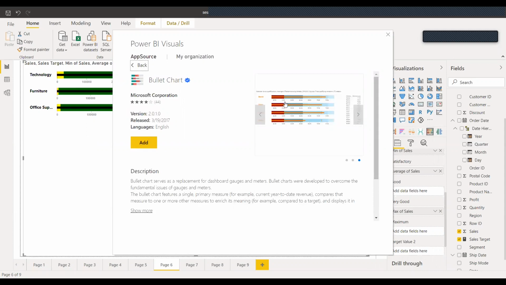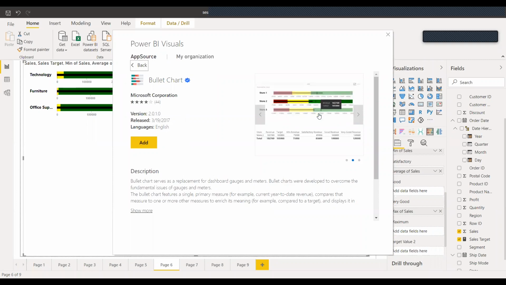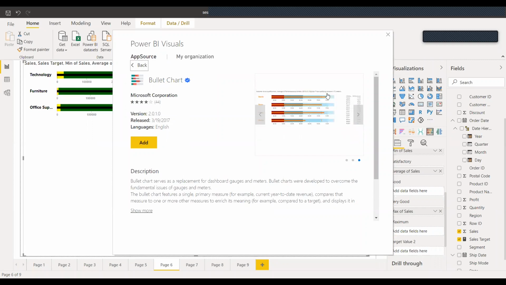If we had that, let's say if the sales is less than 100,000, it needs improvement. If the sales is less than 200,000, it's still satisfactory. And if the sales is more than 200,000, it's very good. If we had those values, our data would look like this.